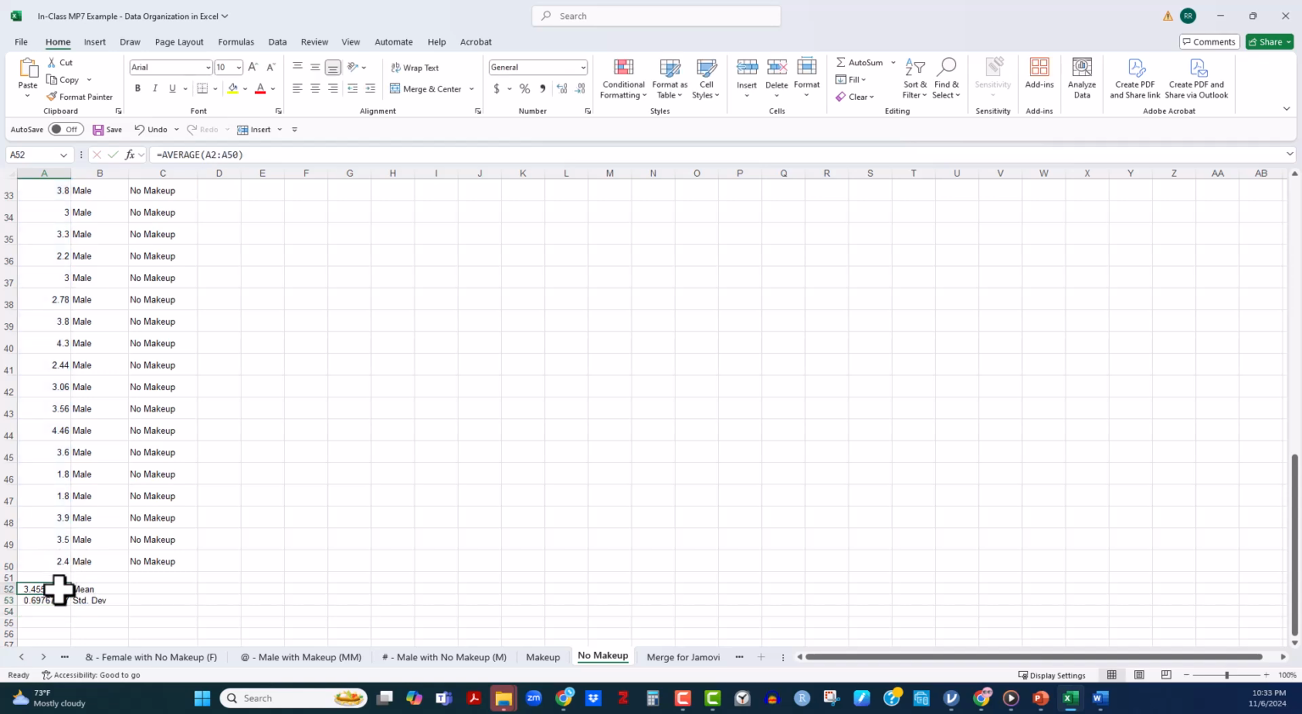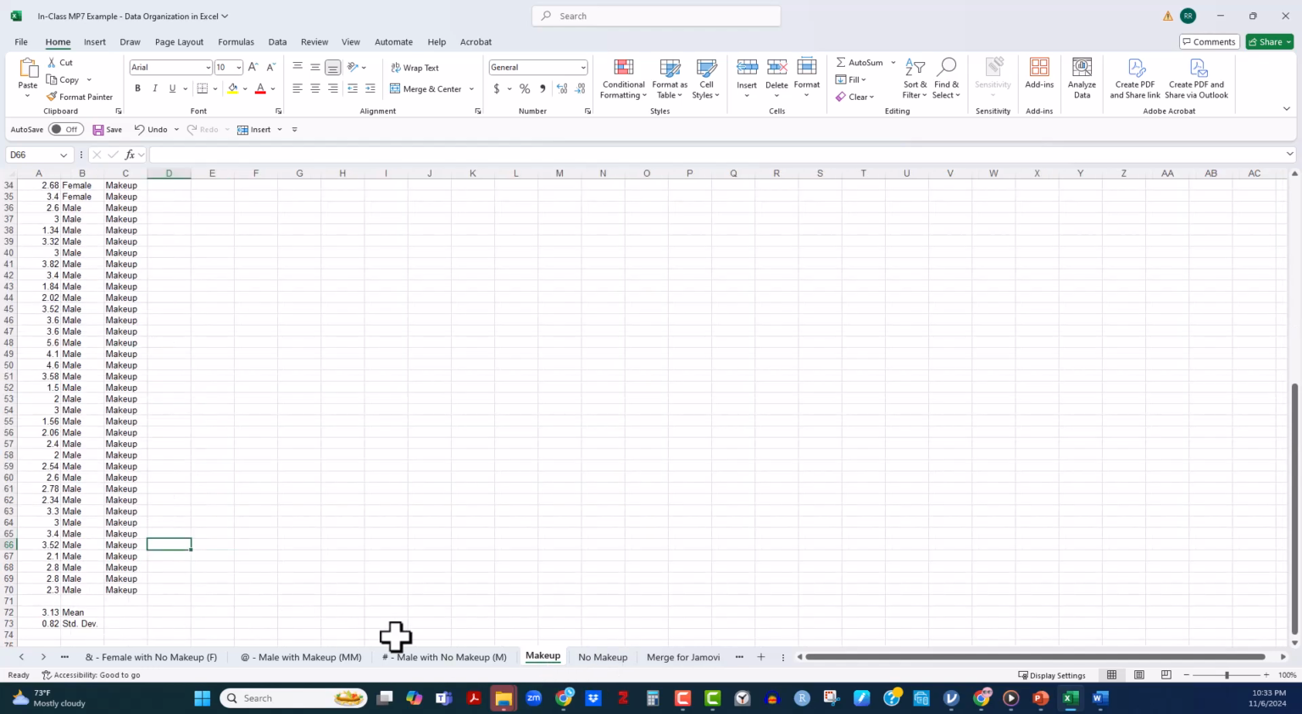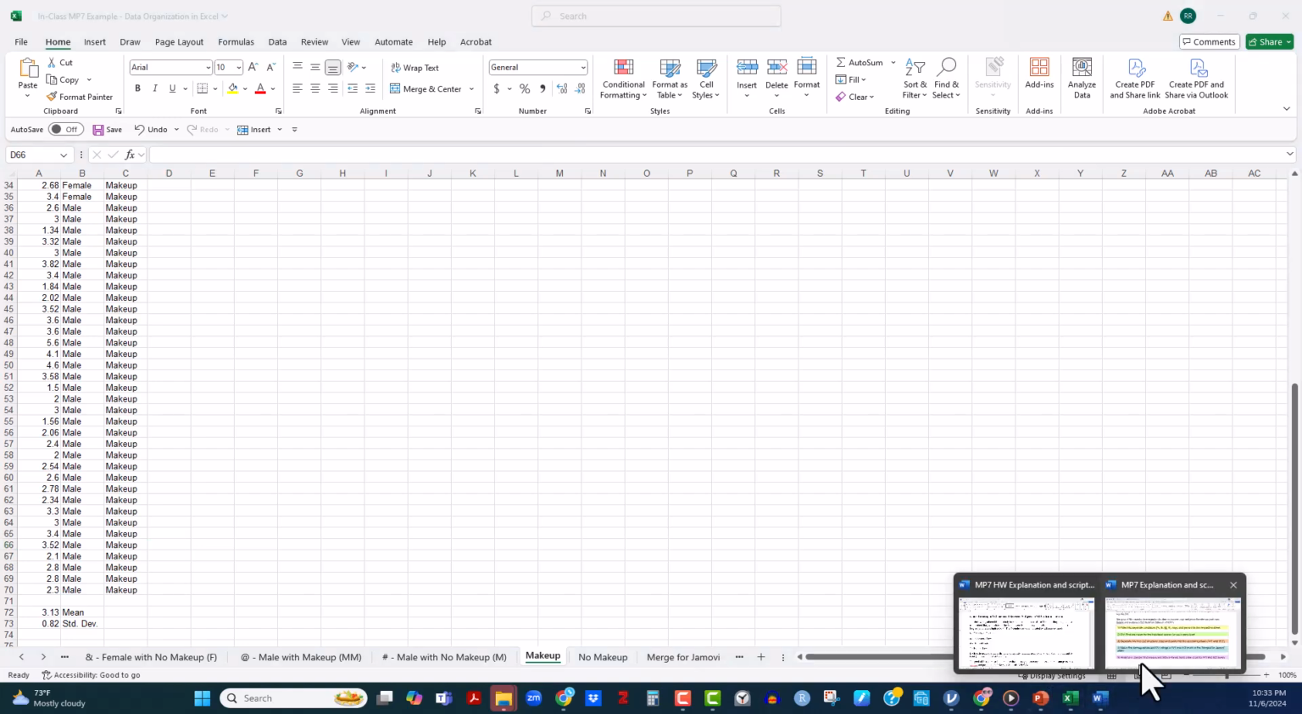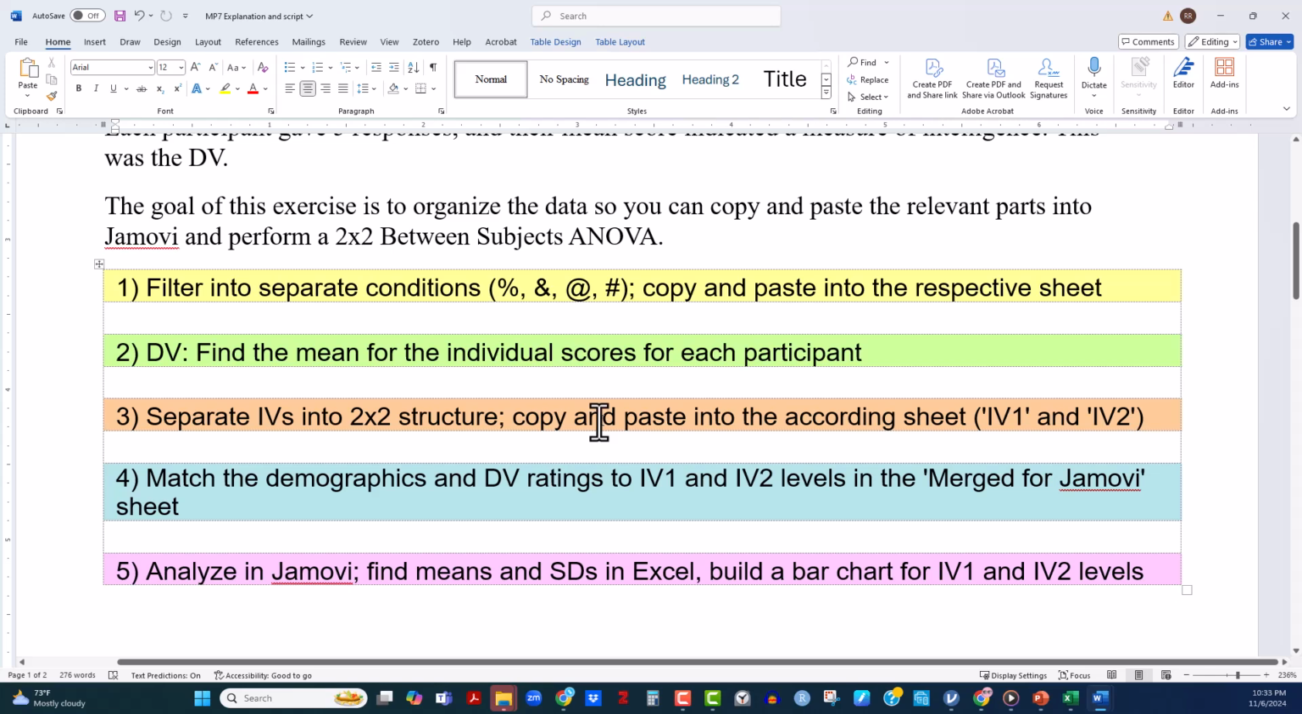Okay, now I'm going to reduce my decimals to 2 decimal places, to the nearest hundredth. Perfect. That's my mean and standard deviation for the no makeup, and I have my mean and standard deviation for the makeup. So as far as my tasks are going, I've done number 1, 2, 3, 4, and now I am going to combine them into